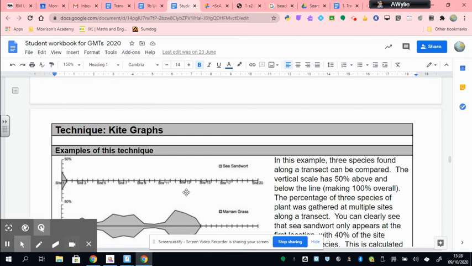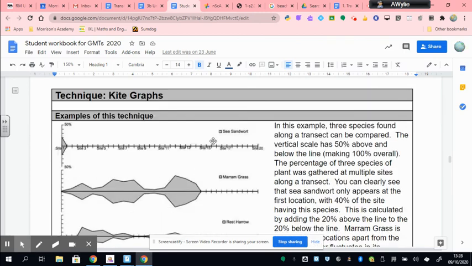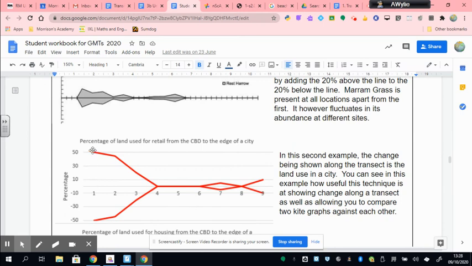But it's very strong when comparing things to each other. So for example, comparing the different types of species on a beach transect, or comparing the different types of land use on an urban transect. Okay,